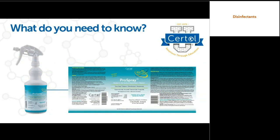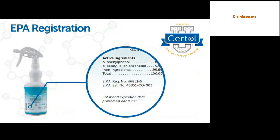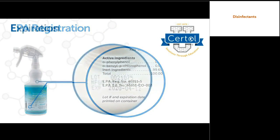Disinfectant labels can be hard to read. There is a lot of information. What do you need to know? First, look for EPA registration. This tells you the product is approved and the kill claims are backed by lab testing. Next,